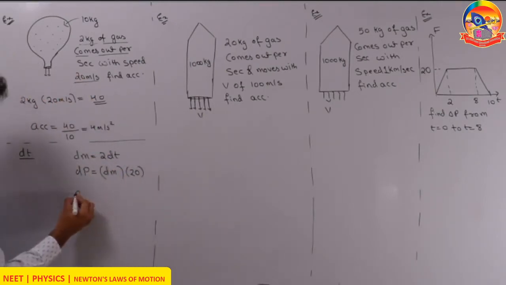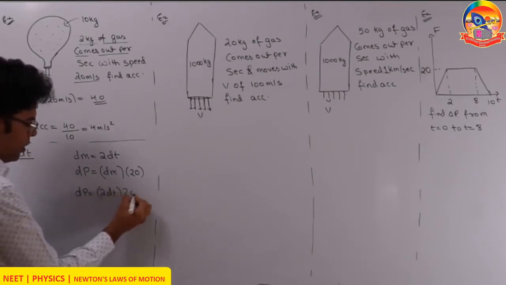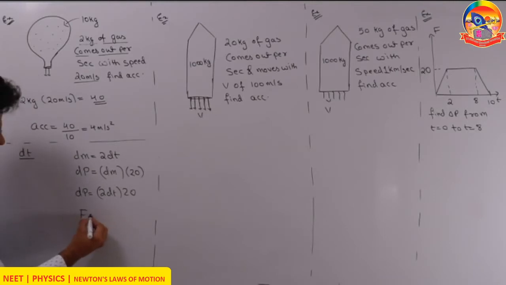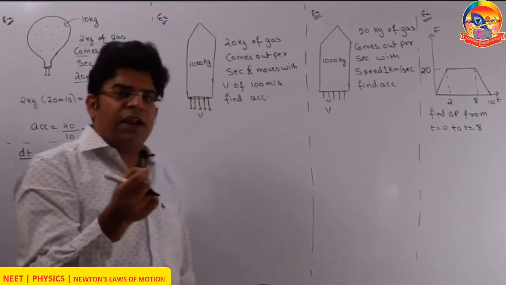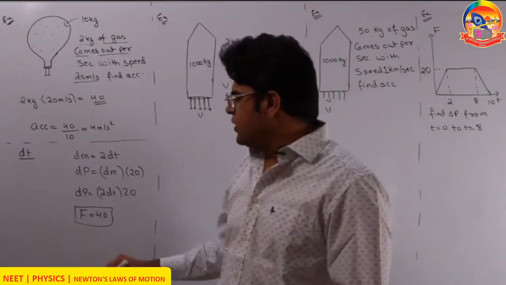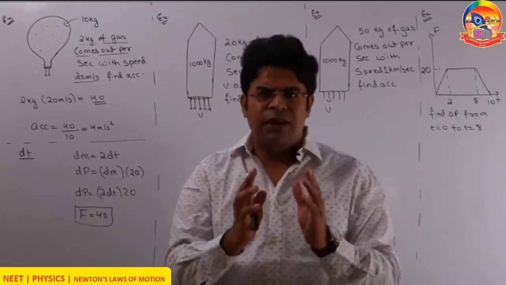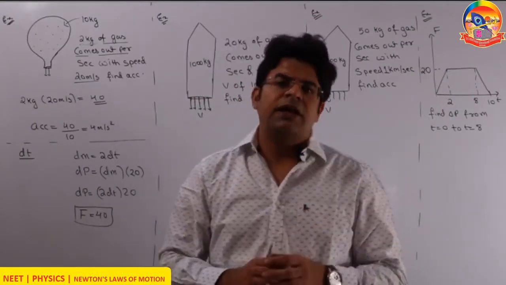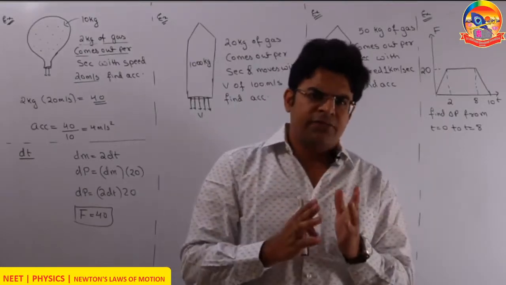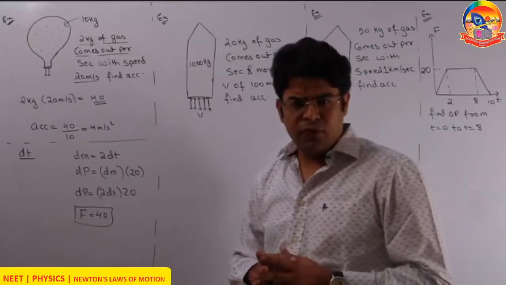So here, on substituting the value of dm as 2 dt into 20, you get dp by dt, which is nothing but the force, as 40. So you get the same force. And in an infinitely small frame of time dt, there won't be appreciable change in mass. So the acceleration again comes out to be 4 meter per second square. So you can think in terms of 1 second or think in terms of dt. Technically, thinking in terms of dt is better, but if that confuses you, think in terms of 1 second.